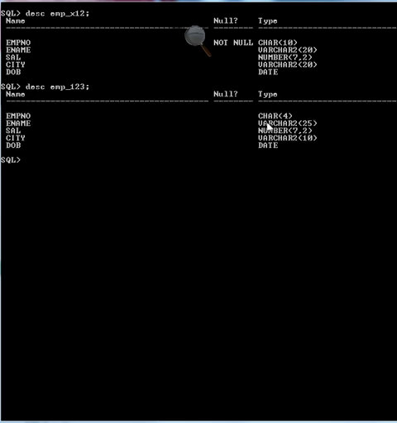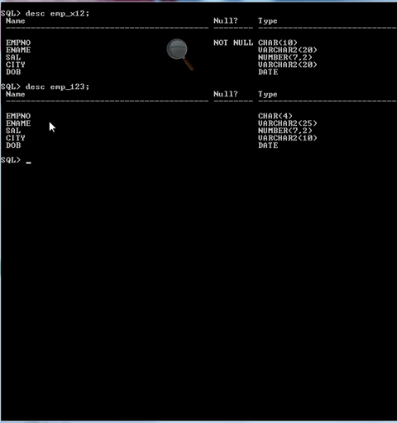So this is the description of the table. This is the name of the table: EMP number, ename, salary and DOB. These are the types of columns: character, varchar2, number, and here EMP number has not been defined as a NOT NULL key. If I want to define EMP number as a NOT NULL key, how can we do it?